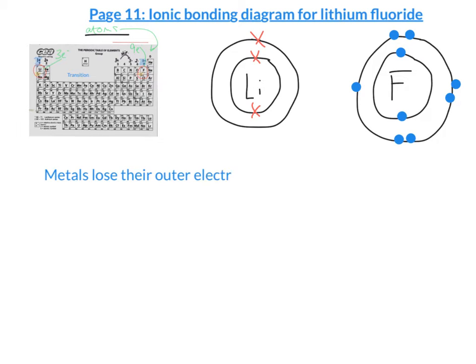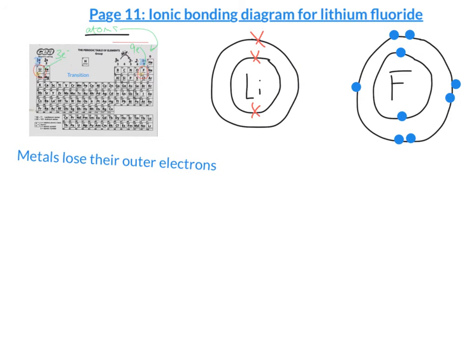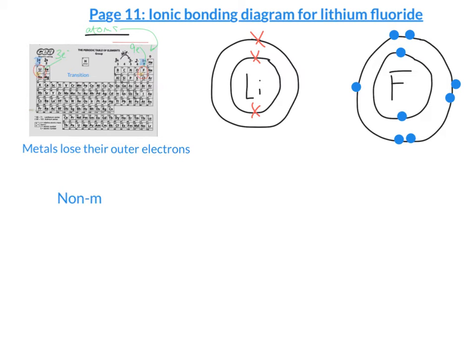Okay, they always lose their outer electrons. And then the opposite, non-metals, they always fill the outer shell with extra electrons. So that's the main rules there. Metals will always lose their outer electrons, and non-metals fill the outer shell